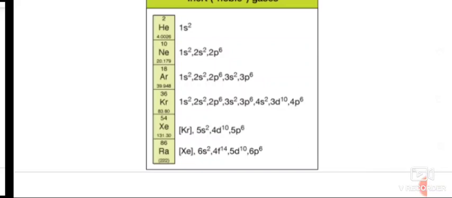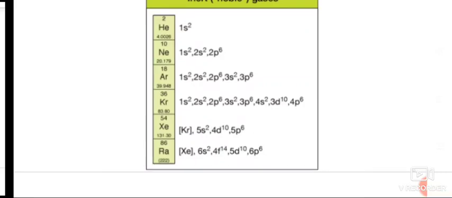In potassium and calcium, the 4s orbital, being lower in energy than the 3d orbital, is occupied by 1 and 2 electrons respectively. So you practice the electronic configurations of the given elements in your textbook. Next are scandium, titanium, chromium, manganese. Practice that the 3d orbitals are progressively occupied. If you see the pattern, it is arranged in a particular way. The degenerate orbitals are arranged pattern-wise. In some of the elements, the s orbital will be completed. This is the valence electron.